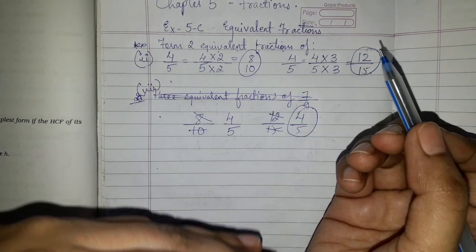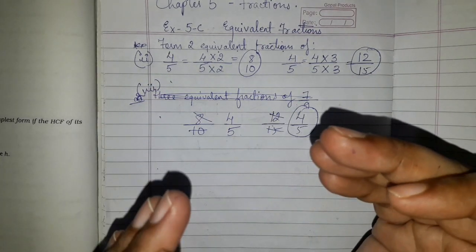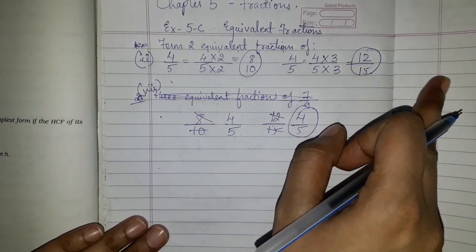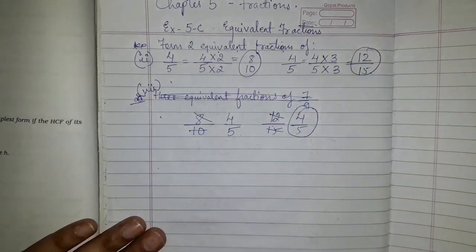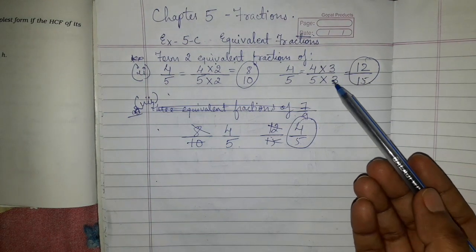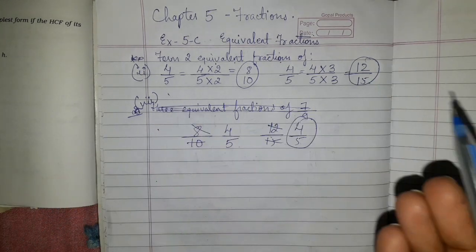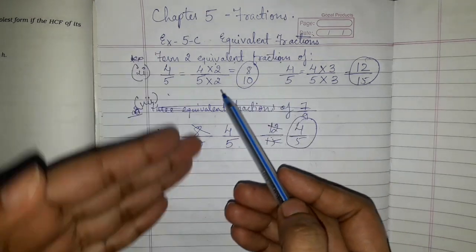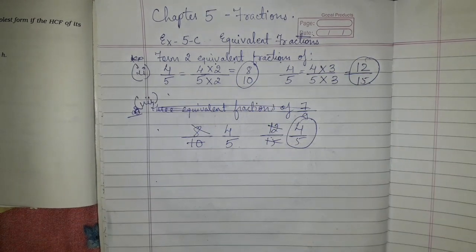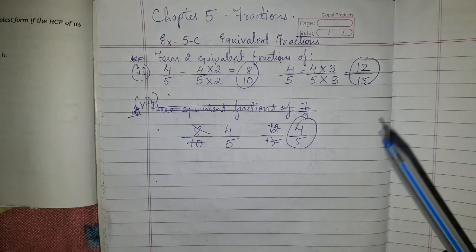And how are we forming equivalent fractions? We take a number of our choice and we keep on multiplying. If they're asking for 3 equivalent fractions, then for the third number I can take 4 or any other number. If they're asking for 4, this way I can take the number of my choice. I'll suggest you take smaller numbers so that the calculation becomes easy, and you can multiply again and again to find as many equivalent fractions as they have asked in the question.